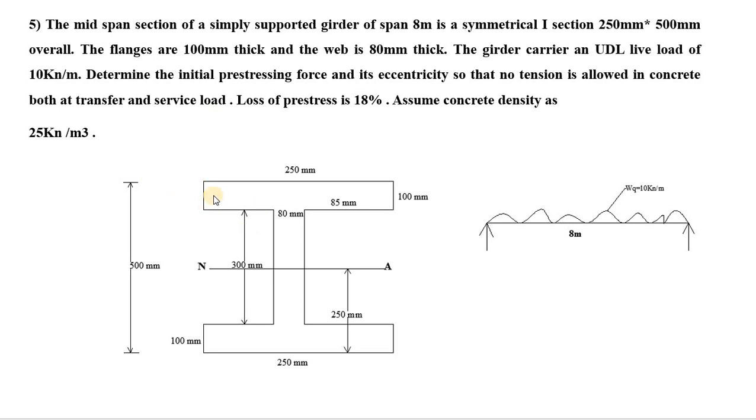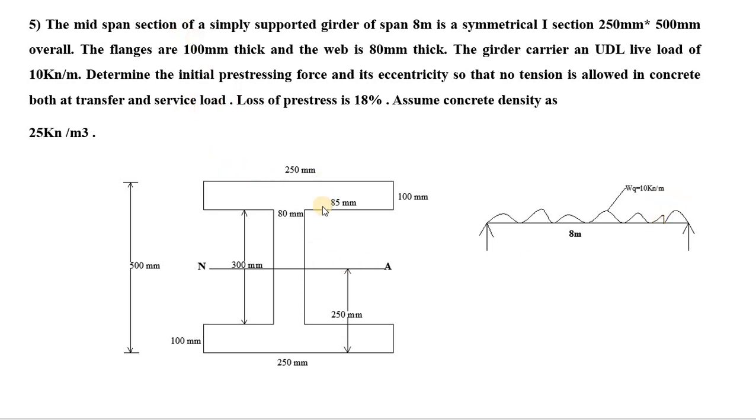So, here they have not given any figure. By using these data, we should draw this diagram. First of all, it's a symmetrical I section, so I have written a symmetrical I section. Before that, they have given information about the beam. It's a simply supported beam carrying a UDL and it's carrying a live load of 10 kilonewton per meter. For live load, we know the notation is WQ. So WQ equal to 10 kilonewton per meter.